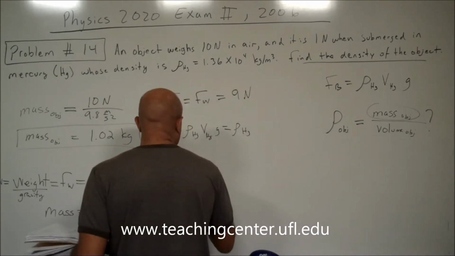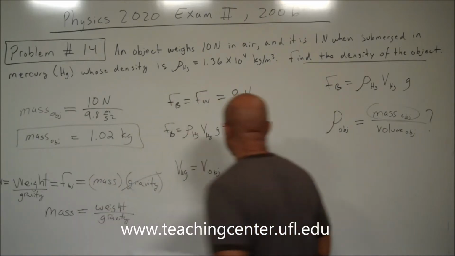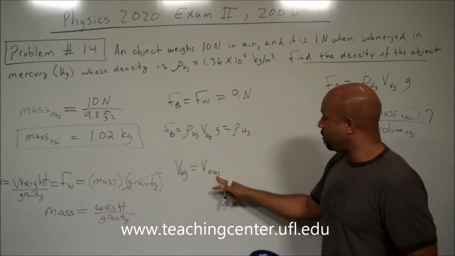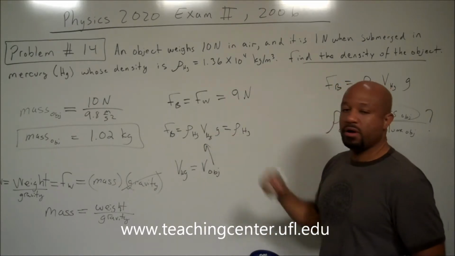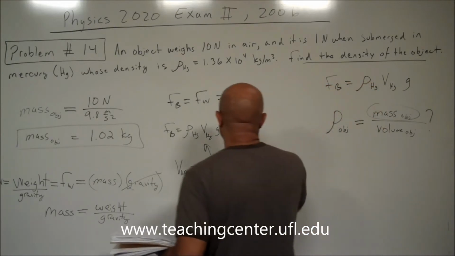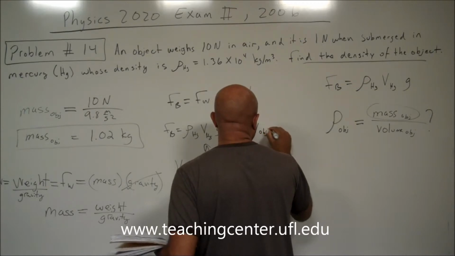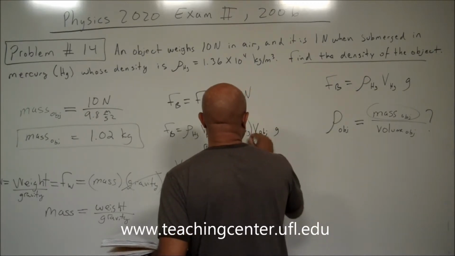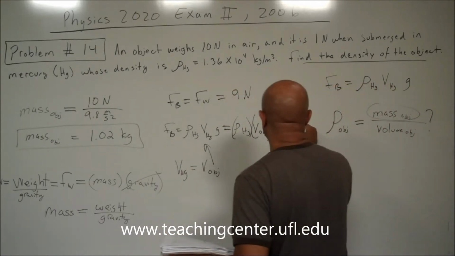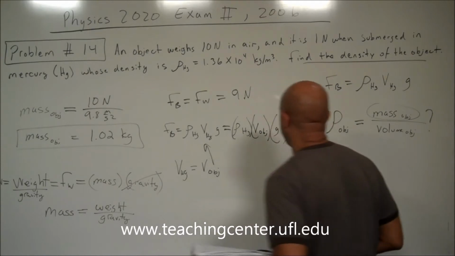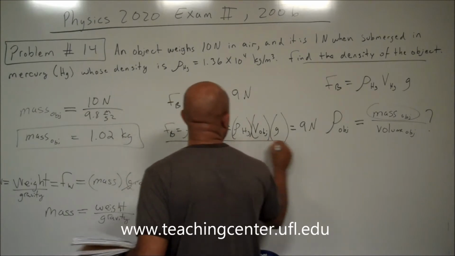So this is actually equal to the volume of the object. So if these two are equal, I can now substitute the volume of the object for the volume of the liquid, in this case mercury. So that's equal to the density of mercury times the volume of the object times gravity. Okay? And we know that this is equal to 9 newtons. Okay, so this is an important equation here